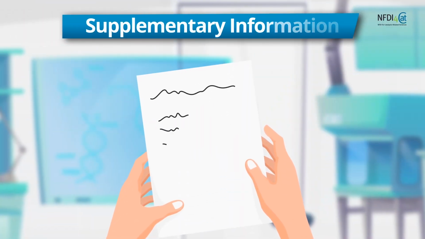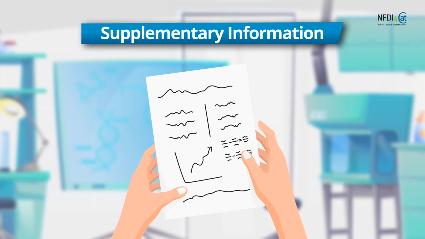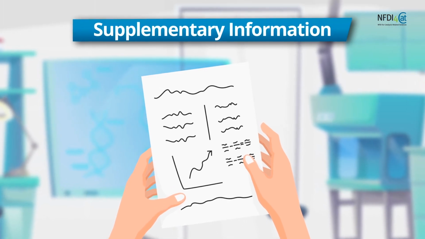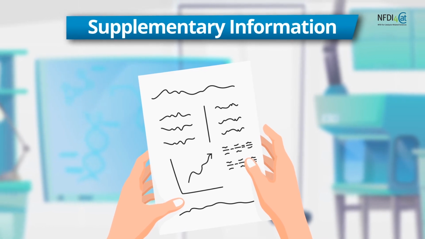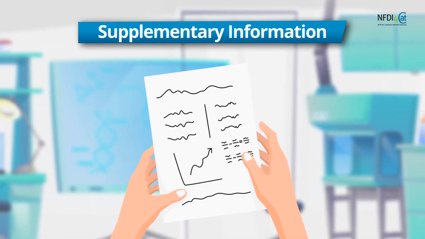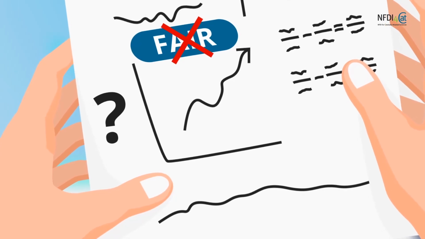SI can contain all data relevant to the paper, is often peer-reviewed and published together with the paper. But remember, SI only houses data related to a paper, so it isn't an option to publish standalone data. Also, data shared by researchers in this way is not always FAIR, as data, for example, in a graph is